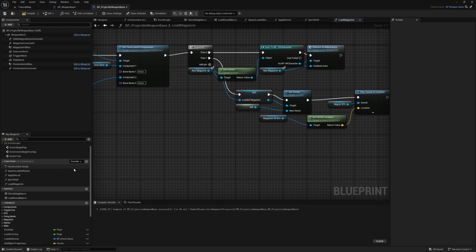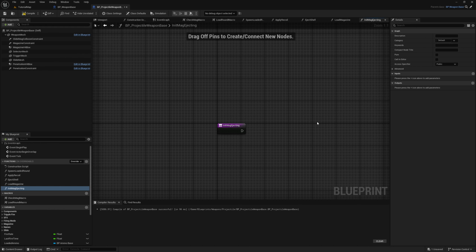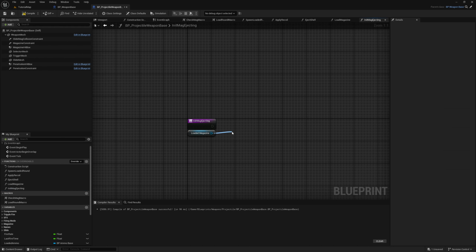Next, we are going to add the functions for ejecting the mag. The first is called init mag ejecting. If we simply eject the mag and call it a day, it will collide with our weapons and it will be a little bit buggy. So we first just want to disable all magazine constraint limits, have it fall out, and then actually break the constraint. First, we will get our loaded magazine, check if it is valid,